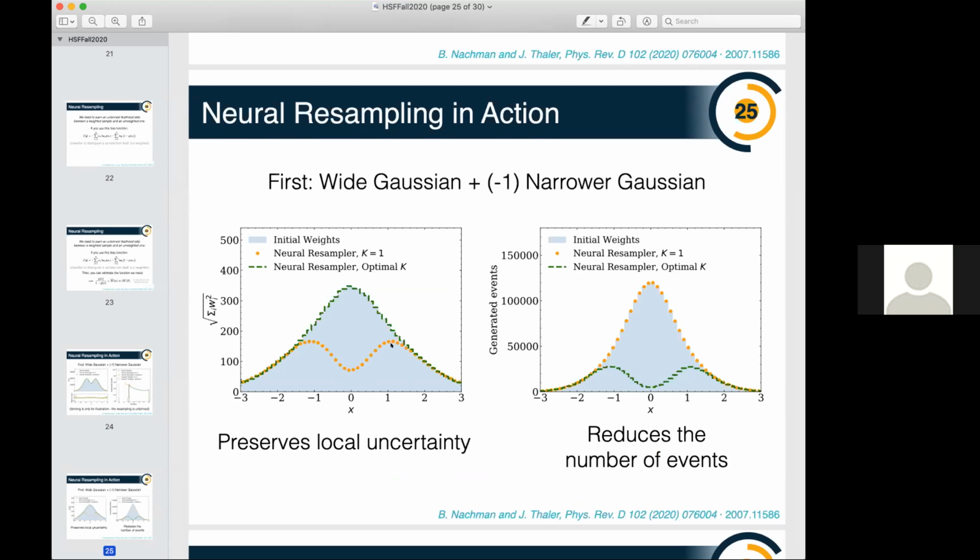Great. I can't raise my hand because I'm a co-host. Maybe if I could just really quickly, to cement my understanding: am I reading this right in the sense that by generating fewer events with the larger weight spread, you get back the original uncertainty, but the point is that by generating the same number of events, you get a smaller statistical uncertainty? Is that right? Yeah, that's exactly right.